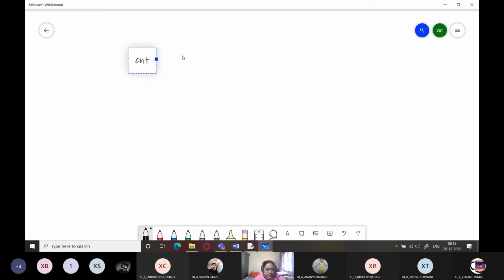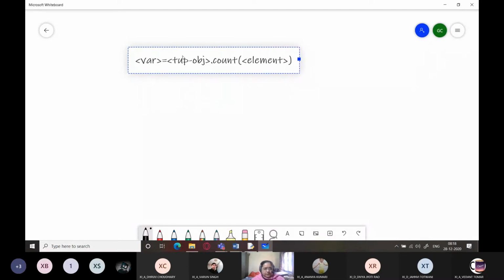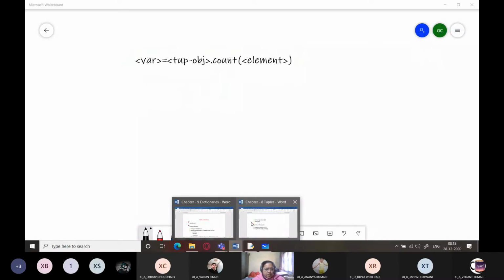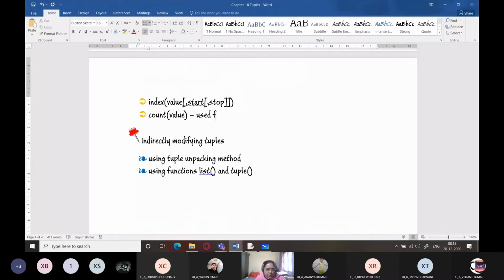Now count function, CNT, I'm just giving a variable here, equals tuple object dot count element. What is the count function used for? It is used for counting the number of occurrences of an object.